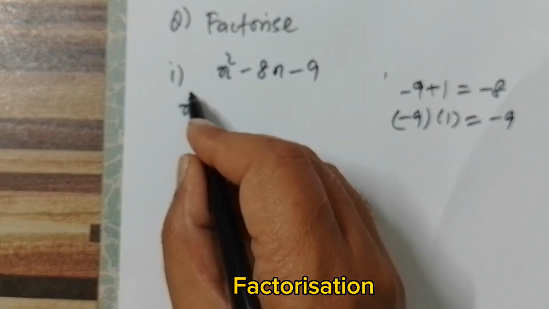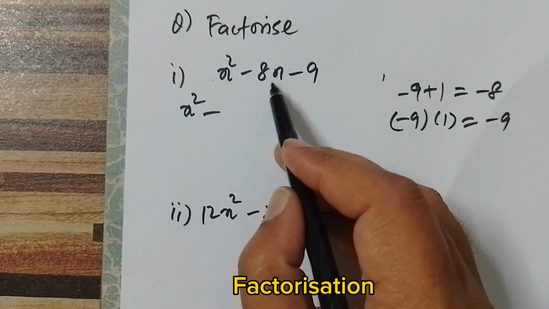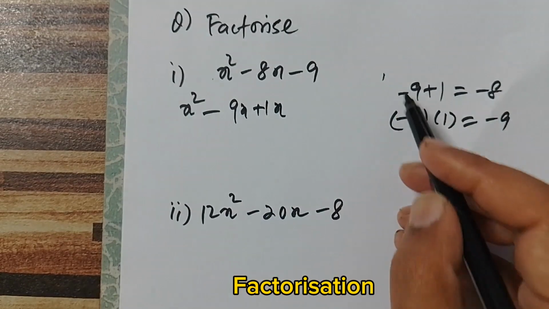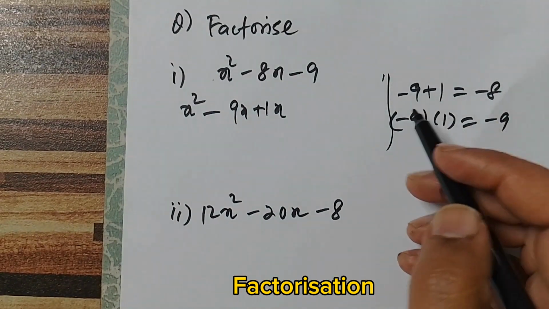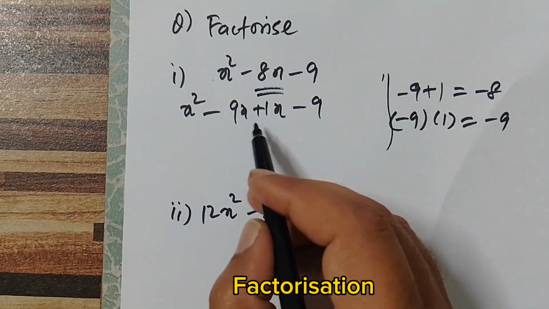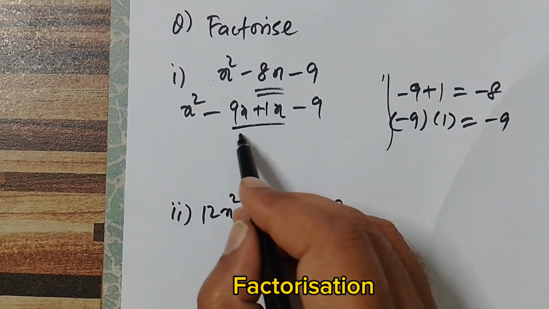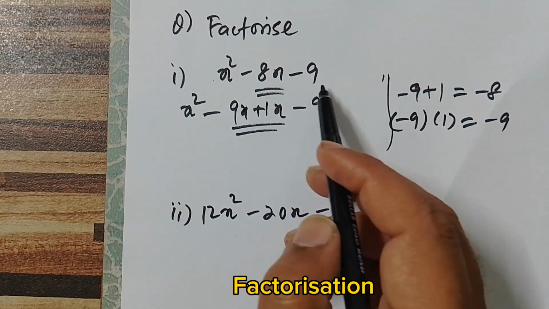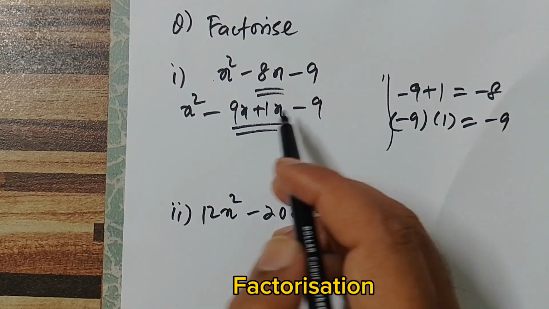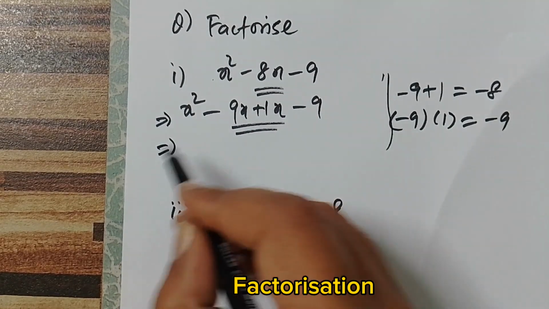So x square will be written as it is. Minus 8x can be broken down as minus 9x plus 1x, as was done in this rough work, and this minus 9 will be written as it is. So this minus 8x has been broken as minus 9x plus 1x. X square and minus 9, the first term and the last term, have been written as they are. In the next step, I'm going to